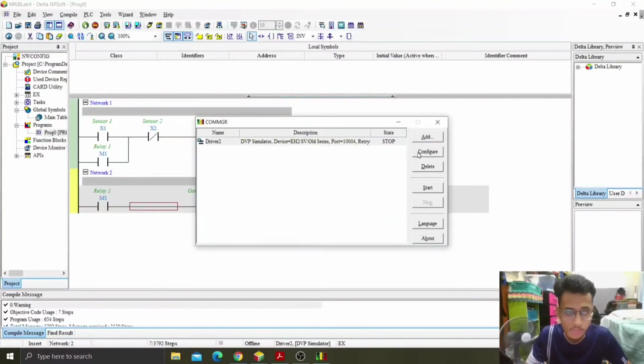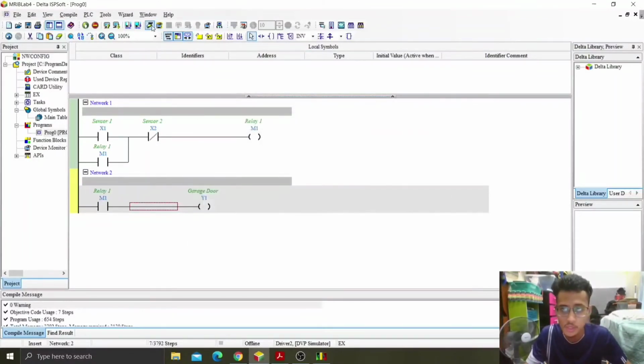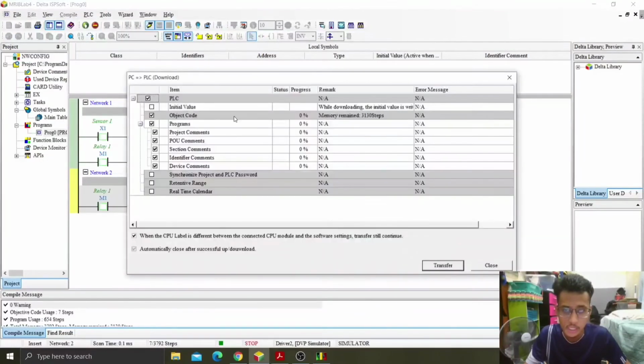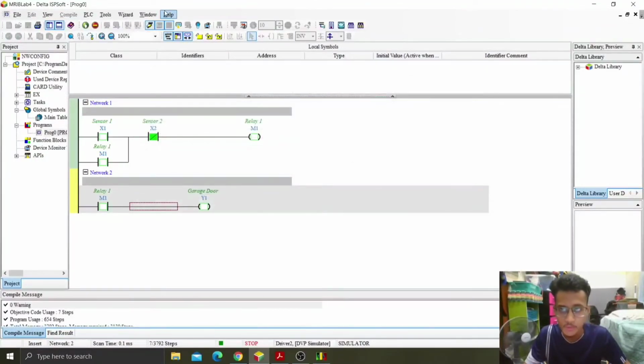open the COM and we should start. After that we turn on the online mode, we click yes and then we click transfer, and wait until the 100% is complete. Once we complete, we run the simulation, click yes. Okay, so this is the